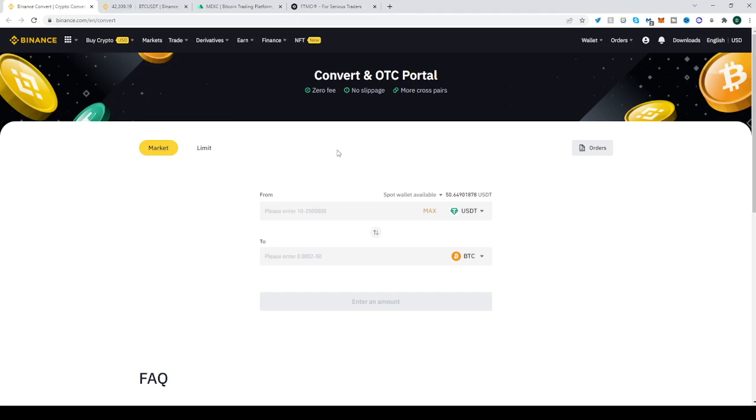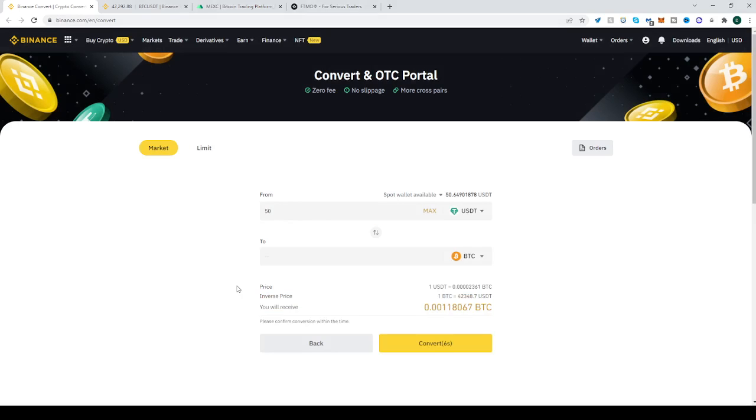So the first one is conversion. So let's say you want to buy, well, you can buy as much BTC as you want, to be honest, up to 50 apparently, but you can buy very minimum amounts as well. So let's say I want to buy 10 USDT worth of BTC. No, it doesn't even display it. Let's say 50. Okay, now it worked for some reason. It didn't give an error that there is a minimum, and